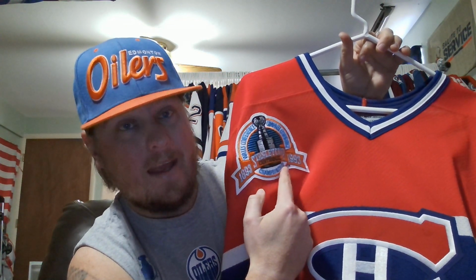This might be the first jersey I ever bought that wasn't an Oilers or Avalanche jersey. So I've had this for a good long time now. But obviously, what caught my eye was that Centennial Cup patch. That thing is massive, and that was back when I wish the NHL still did the massive cup patches. I know the jerseys are trimmer and there's not as much room, but man,